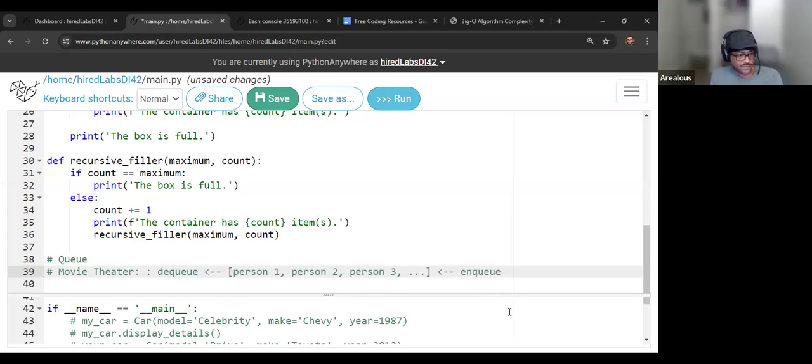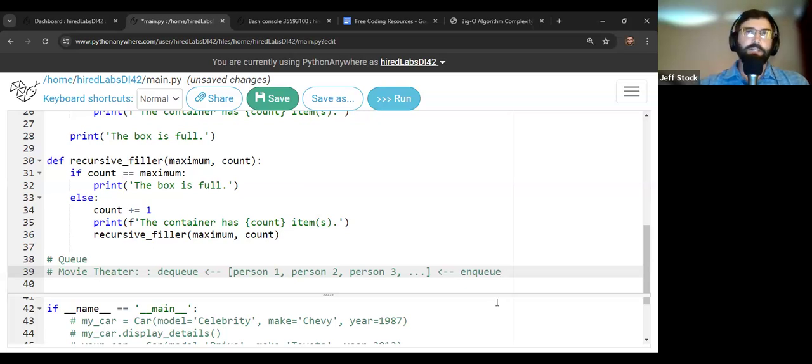I said right to left and not left to right. Man, that is an interesting question. I have no idea. I was thinking about humans moving from left to right, but it could be the other way. That was kind of arbitrary. The thing here to keep in mind is just that one side of it, this could have been the other side. That was an arbitrary choice. There's no reason it has to be this direction. But good question. The main takeaway, though, is that one side is where people enter, and then the other side is where they exit. Meaning that the first people to come in are the first people to go out, right?